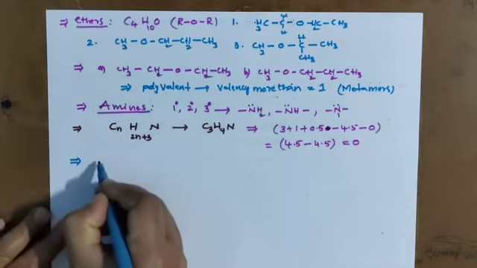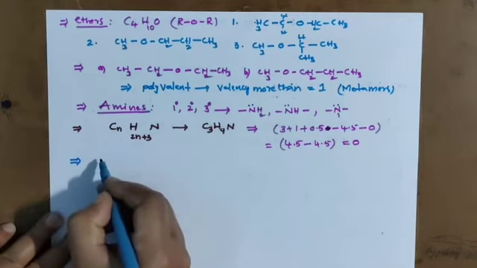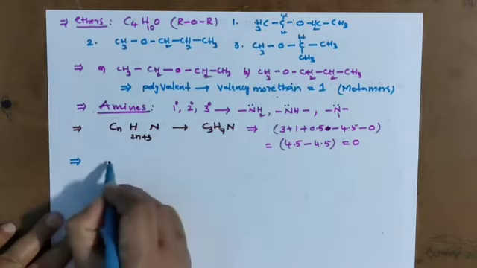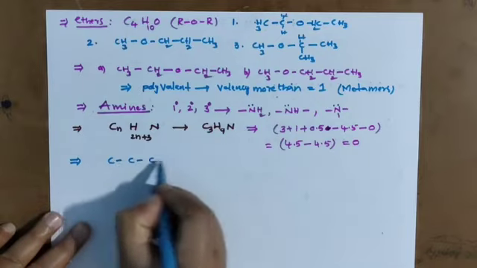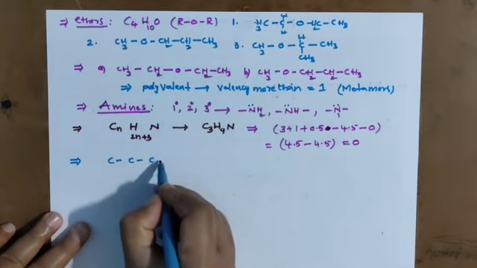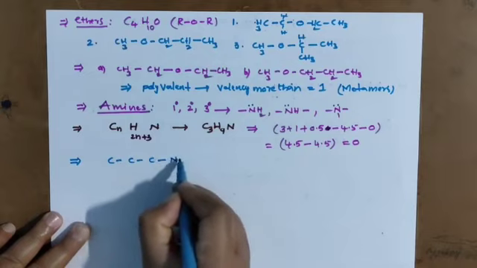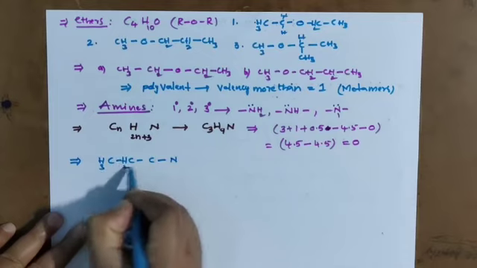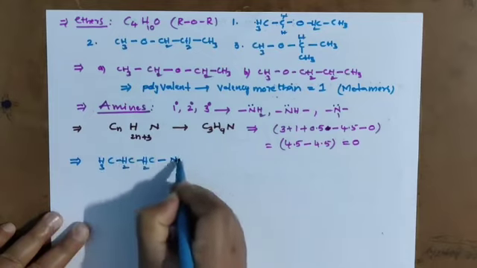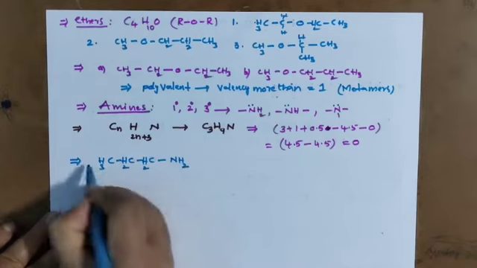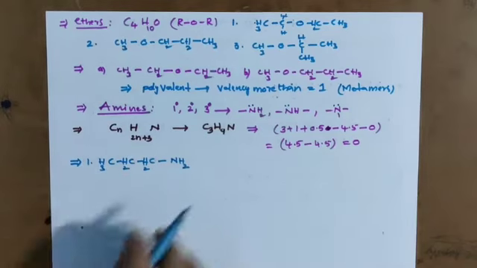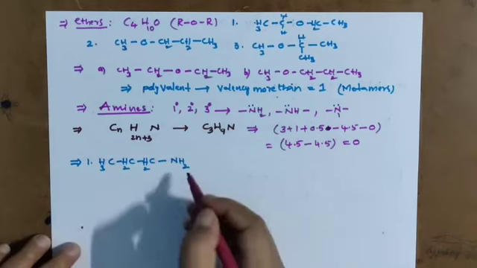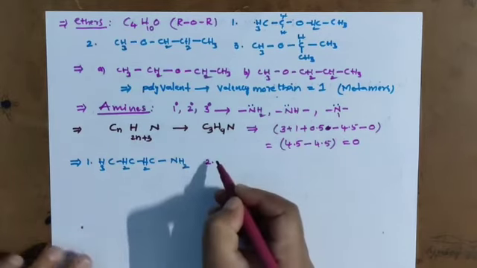Go for now. I am trying to draw the functional group isomers. 4 carbon atoms, 1, 2, 3 carbons, am I right? And 1 nitrogen. And you write all hydrogens: CH3, CH2, CH2, NH2. Completed? Propanamine. You go for another one now.